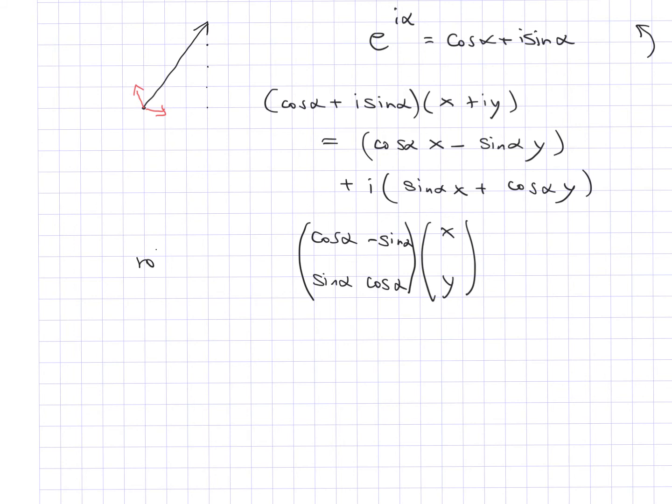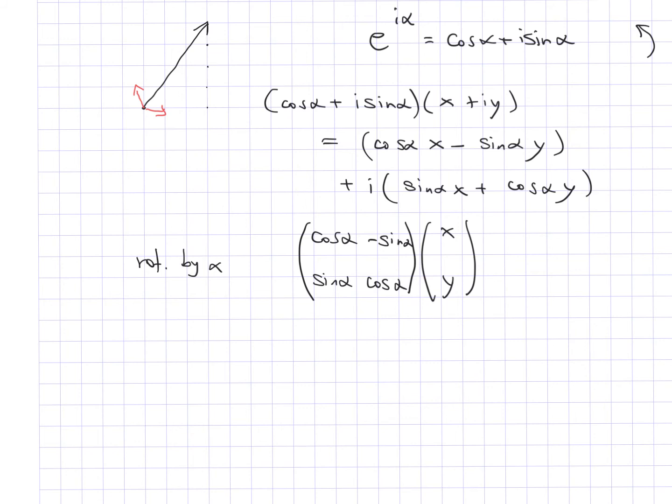So this is a rotation by alpha. And if you compare what I have up there, you would take cosine alpha x minus sine alpha y for the first component,